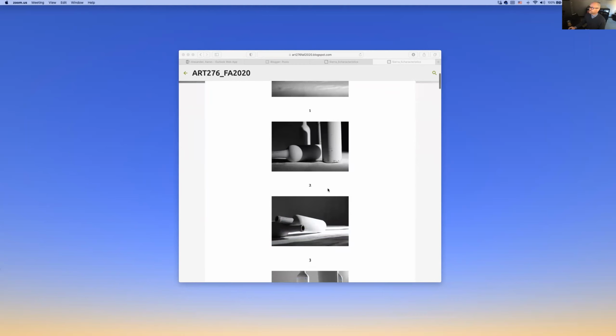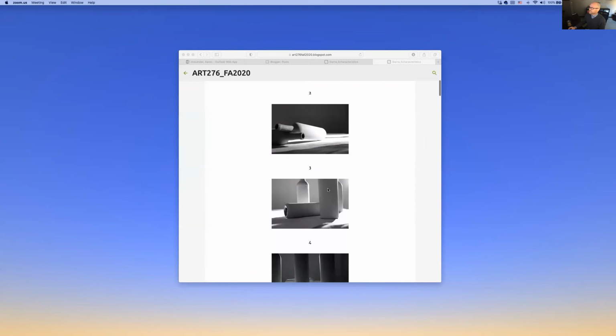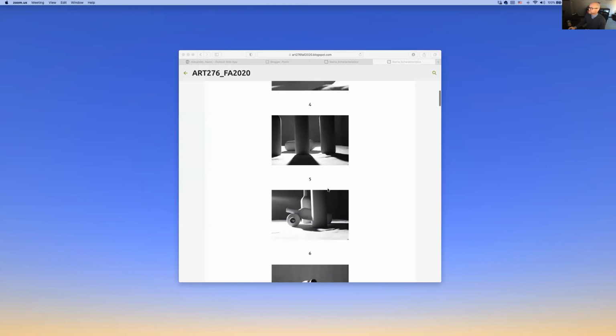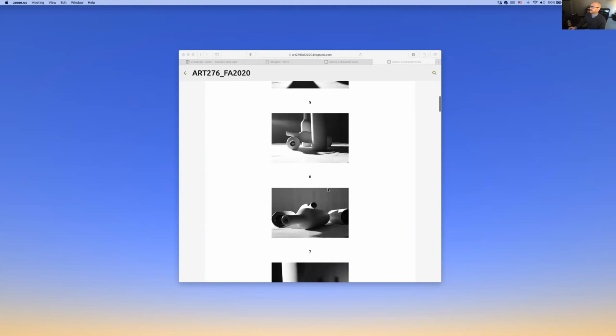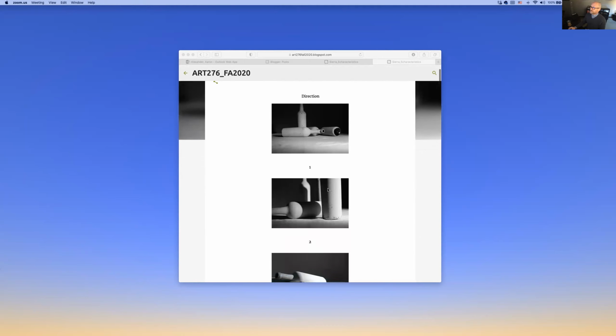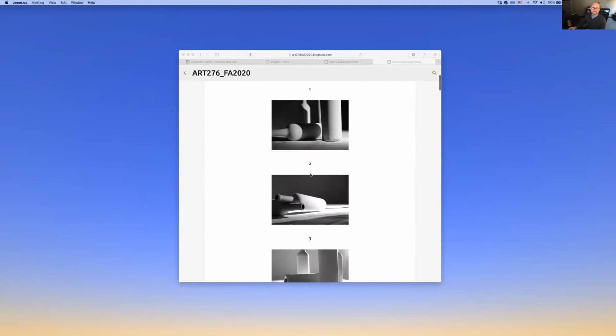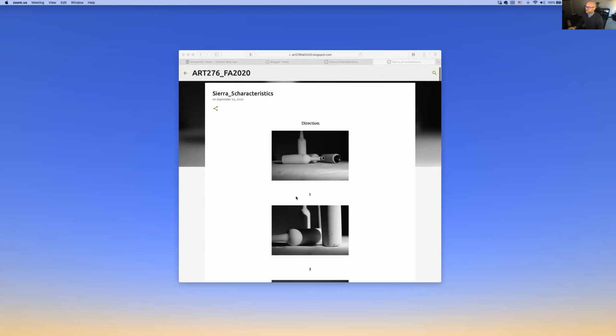All right, let's take a look at direction. Well, so I like quite a bit that you are indicating the position of each one of these. That's good. It's indicating that you are understanding the point of these, or at least this component, and that is we're exploring how the variation of direction can influence the overall feeling behind the image. So very good. We are getting an excellent sense of where the light is coming from in each of these